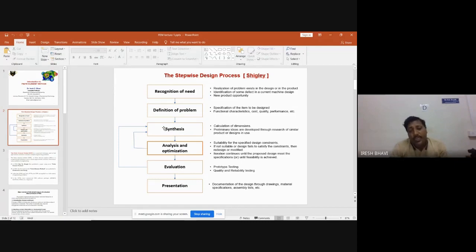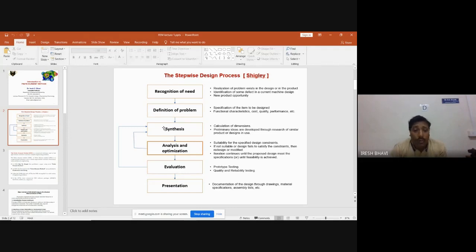Maximum 2 by 2 matrix, or 3 by 3 matrix, or 4 by 4 matrix. But whatever the matrix we come across in FEM, it may be even more than 1000 by 1000 order also. 100 by 100, 1000 by 1000 order. So due to that, what happens? Solving manually was very difficult. So nobody was using FEM in the olden days.